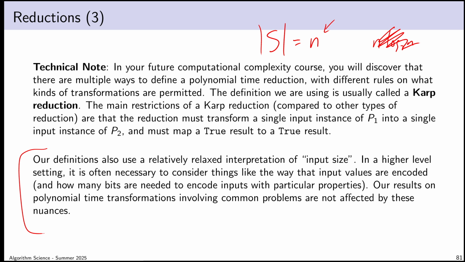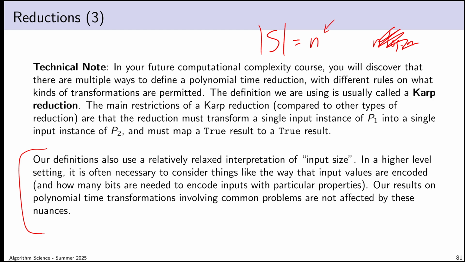Now, the reason why that's not a big deal to us is that when we think of input size, and again, I'll come back to this later, we think about the total number of bits needed for the input, which means the bigger the input is, the easier it is to get a polynomial time algorithm. Because obviously, if n is really large, you have many more operations you can use before you end up taking too long. That means even if we fold in the number of bits into our measurement of input size, if our input contains a huge number of bits, that actually makes it easier to show that things take